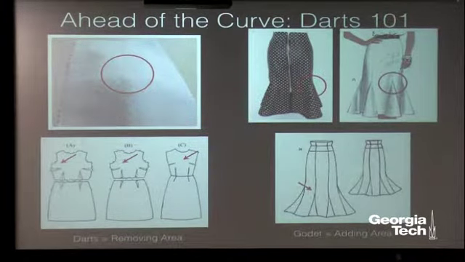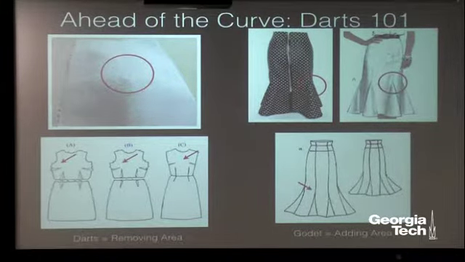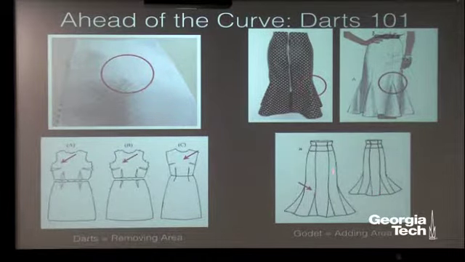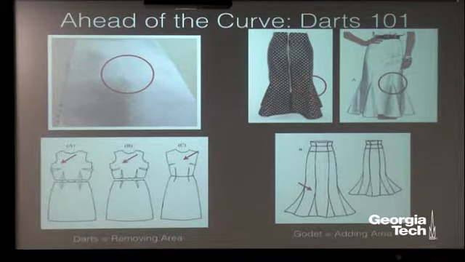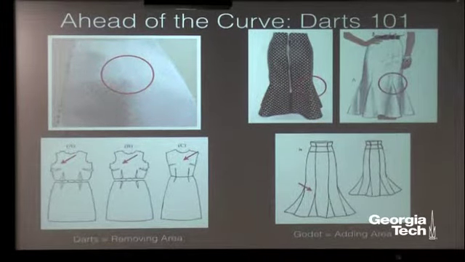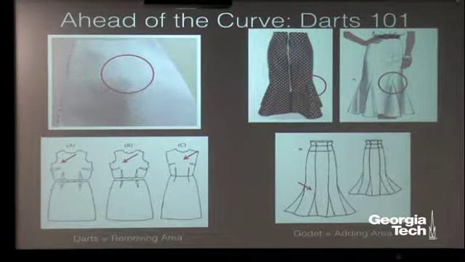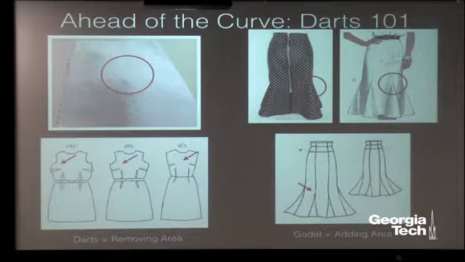Okay, so what happens, this is something you can see in my skirt here. So I've got this sort of ruffly tulip skirt. And this is something that you see here. And these things are called godets. So this is kind of the anti-dart. So I take an extra wedge of fabric, I slit open a seam on my skirt, and I sew that in. So instead of taking area away from my sample and from my dress, I am now adding new area into that. So this is something that's going to give you what's called negative curvature.